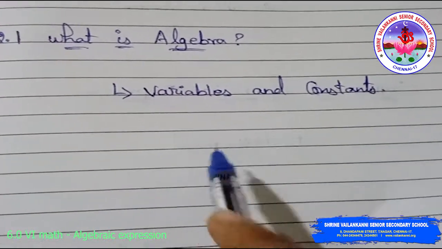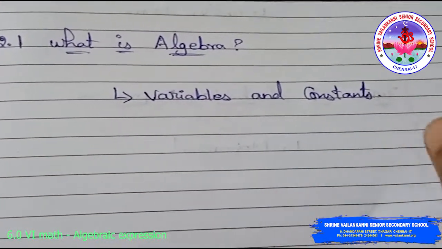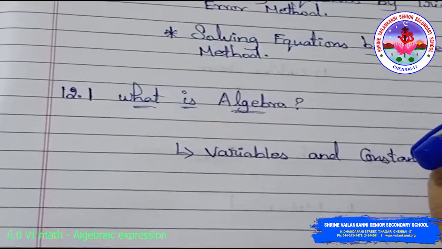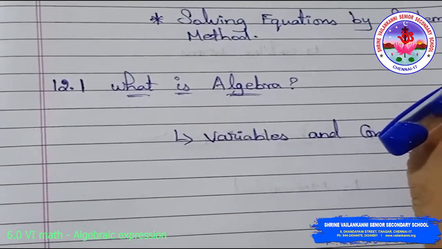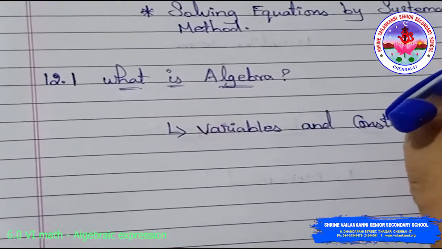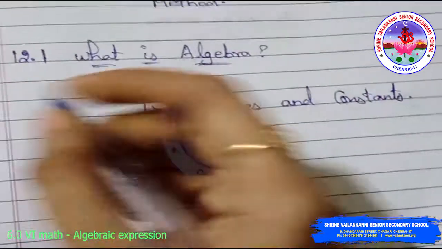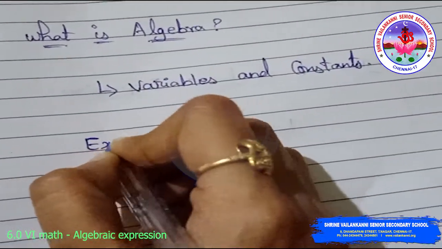The first one is variables and constants. An algebraic expression is a generalized form of arithmetic. In arithmetic, only numbers are used, while in algebra, letters are used along with numbers. For example,